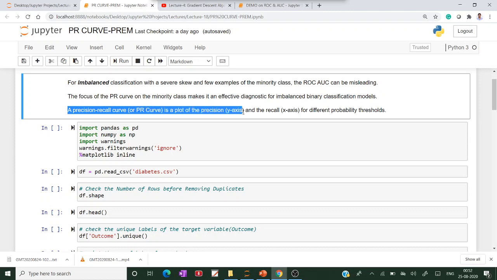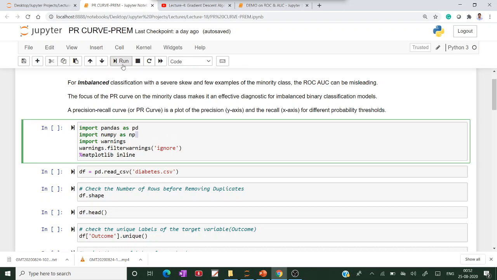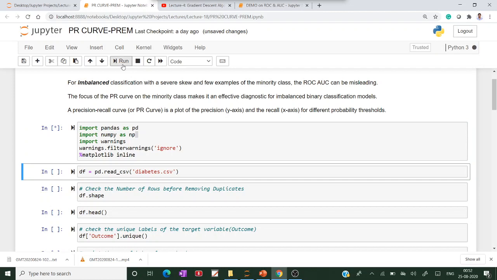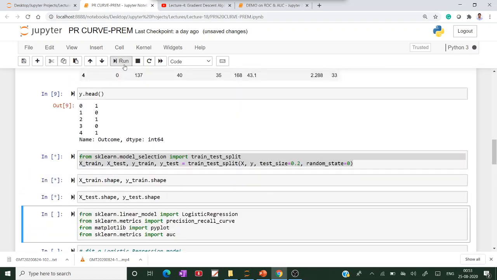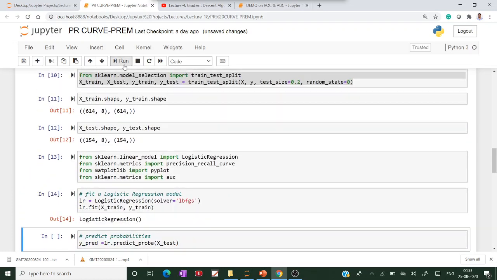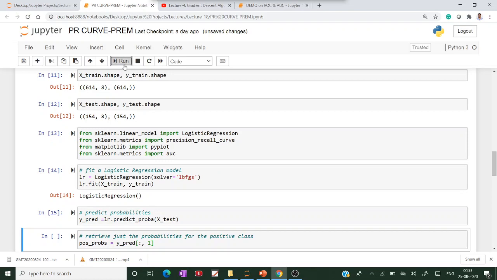Precision is on the y-axis, recall is on the x-axis. If you execute here, I am taking the same data set, even though it is roughly balanced data, but let's see how the graph looks. Here also I am considering the logistic regression model.